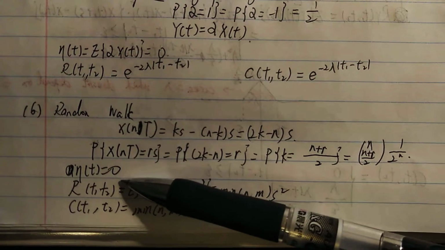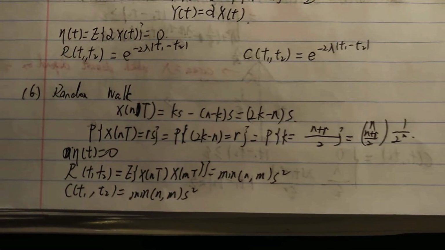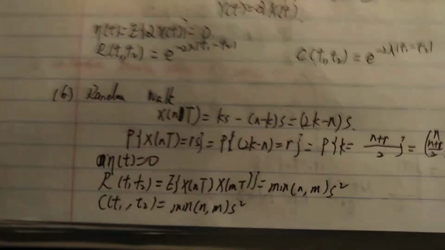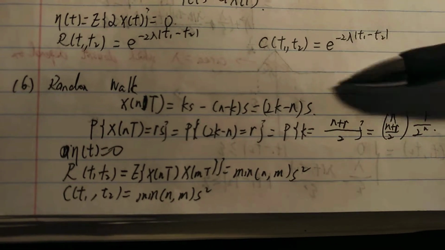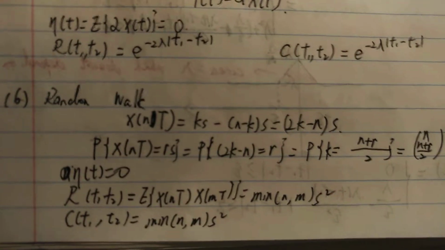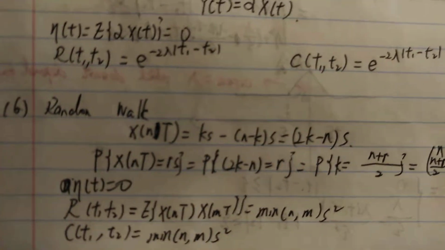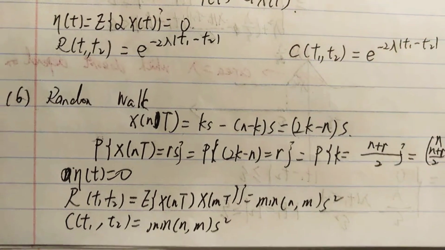And the mean equals 0, and the autocorrelation is the minimum of n and m times s to the power of 2, and